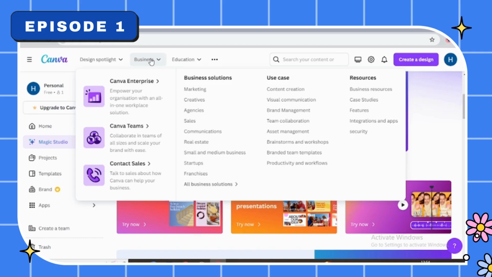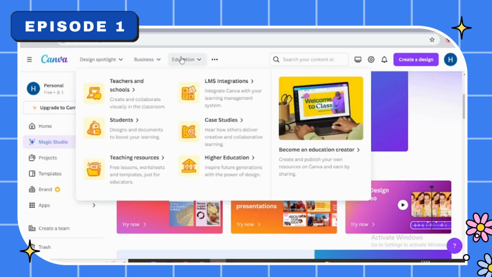It offers you marketing brochures, flyers, videos, social media posts, video ads, presentations, everything you need for visualizing your business. And education: it allows you to make case studies, LMS integration, and many resources that a student needs, like presentations or ebooks, etc. You can do it with Canva.